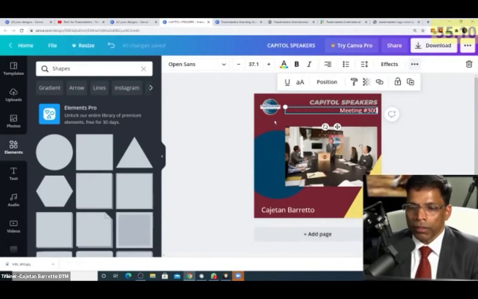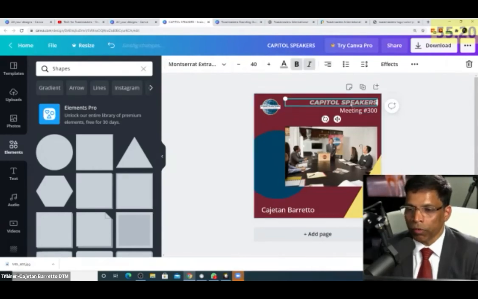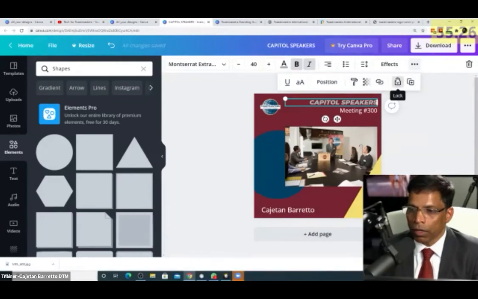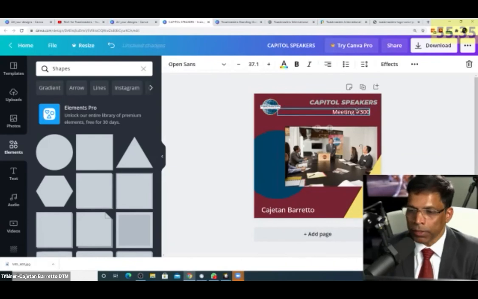And other things that you can do is, once you're comfortable that this is correct, it is in the right place, and you don't want to make any changes, you can always lock an object. So when you click on these 3 dots, you have this option to lock. If you lock, what happens is accidentally you will not move it because it doesn't move. It is locked now, this object, but this is not locked.